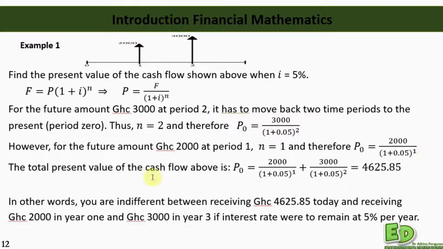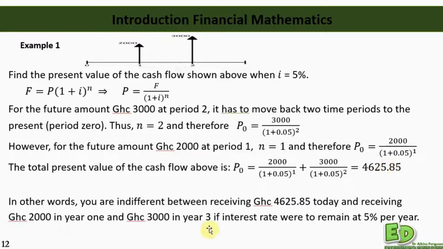So the total present value of the cash flow above is just finding the present value of the 3000, finding the present value of the 2000 here, you add them, you see, and then you have the total present amount to be